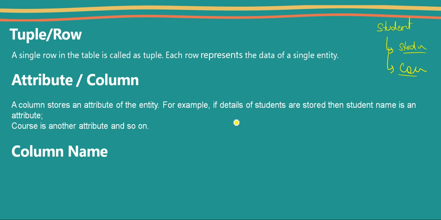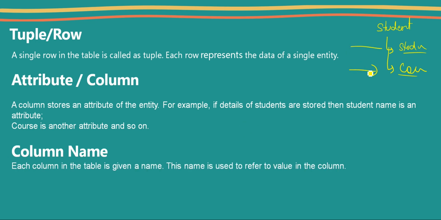Now column name. So these are the columns, right? And to understand this easily, we need to have a name. Just like if I want to store the data of a student, I am going to create my table student. In the same way, what column is going to represent what data, this should have a name, right?